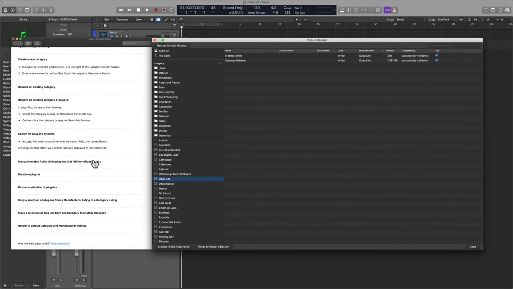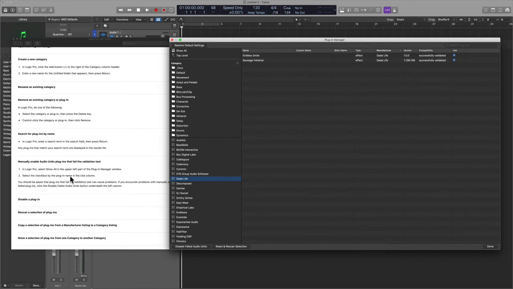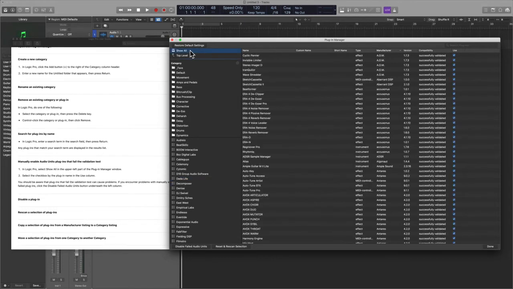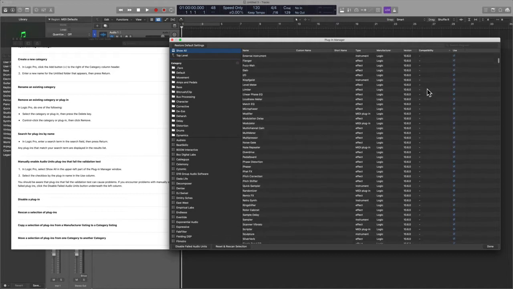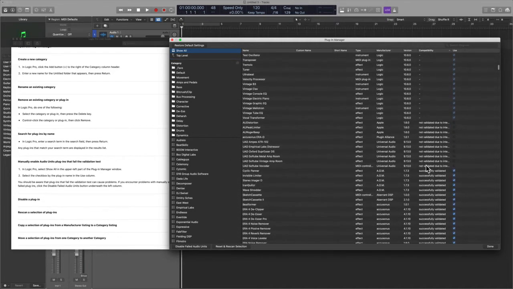Let's keep going here. How do I enable an audio unit that's failed a validation test? Well, this is super useful. You go to show all, use the compatibility tab on the right-hand side. Okay, you scroll down. You look for plugins that are currently not validated. Now, these are plugins I actually don't need. So this is why I have them